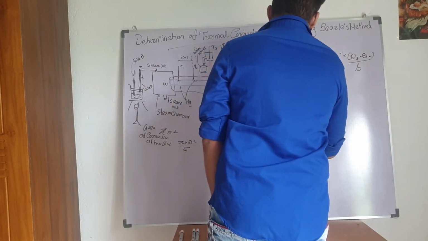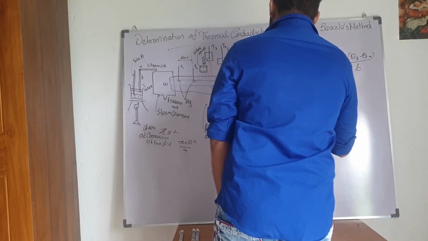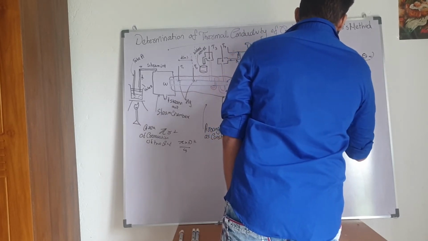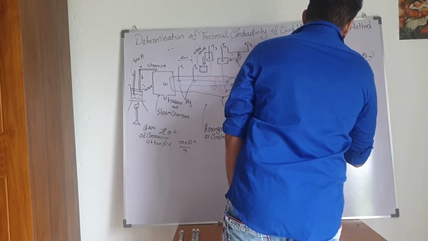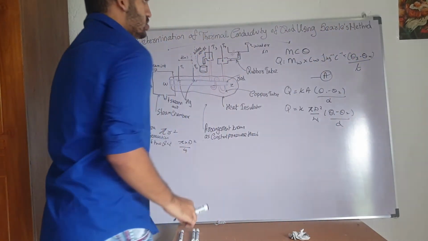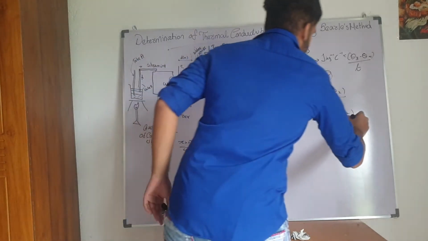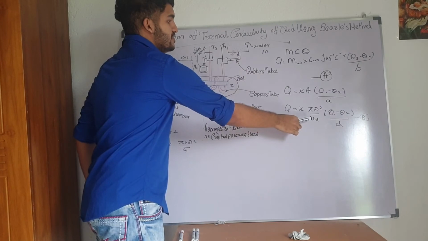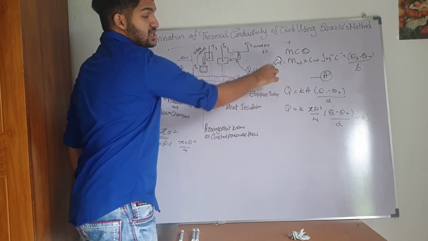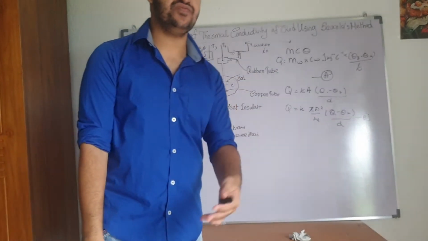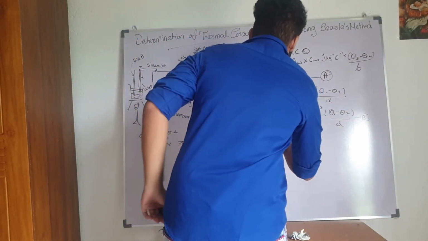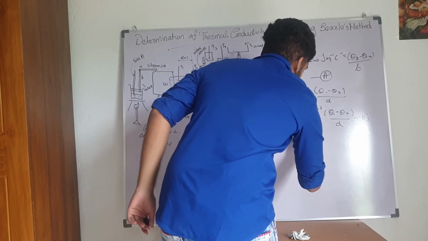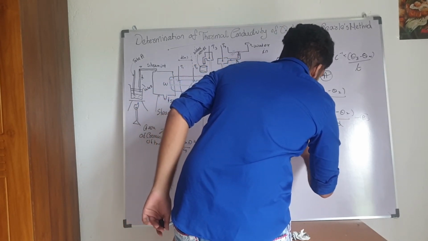Q is equal to k times pi d squared by 4, times theta 1 minus theta 2, divided by d. So from this point you can understand that we are now going to make these two equal. Q equals Q, right? This is the total energy transfer. So K times pi d squared by 4, times theta 1 minus theta 2 over d,